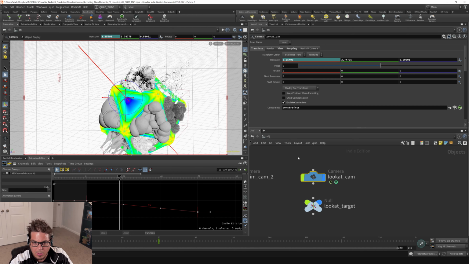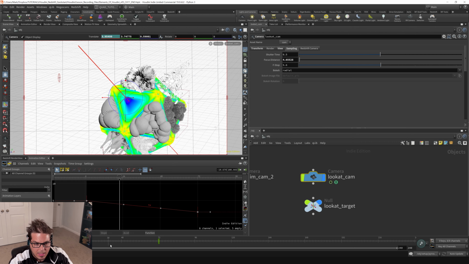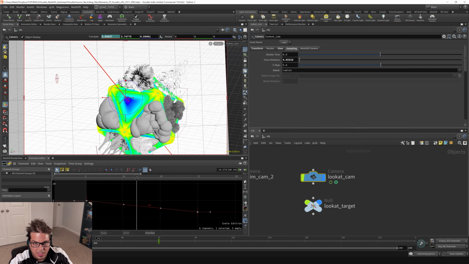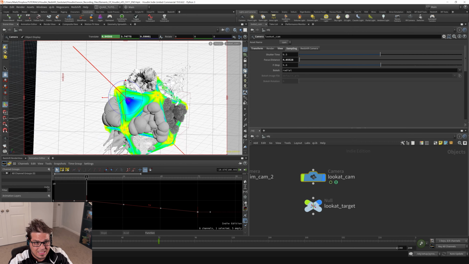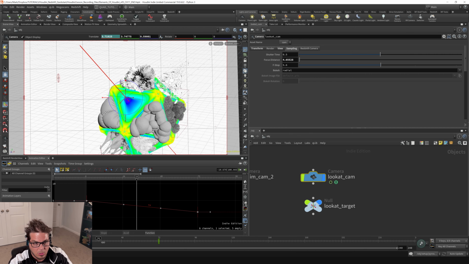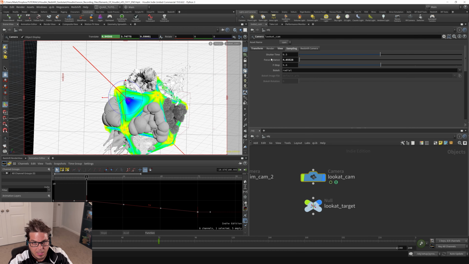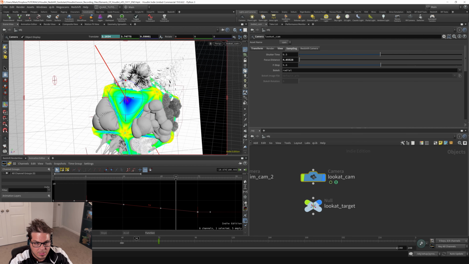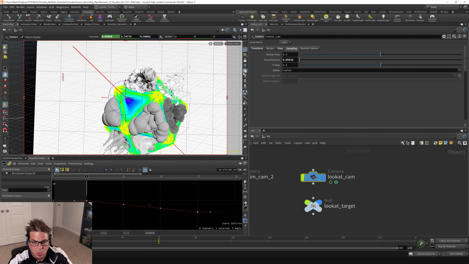Now, if we look at our camera and go up to the sampling section here, and we scrub through our timeline, you can see that our focus distance is not changing. So our look at target has nothing to do with our focus distance whatsoever. Now, if we wanted our focus distance to be tied to our look at target, we could do so